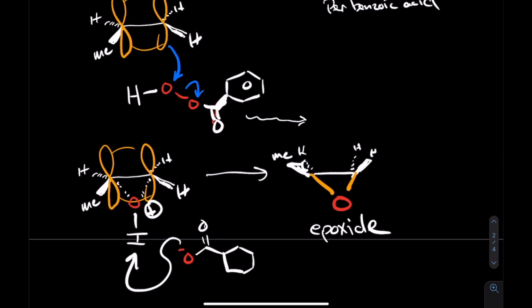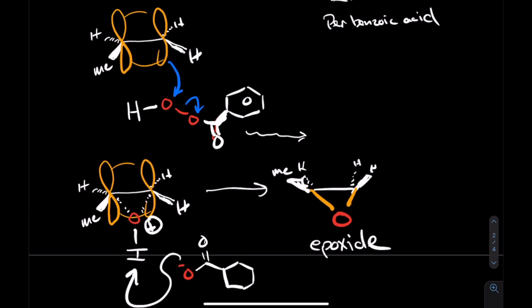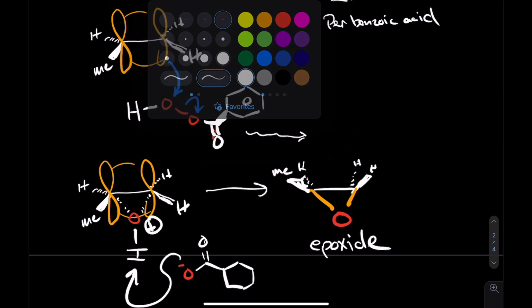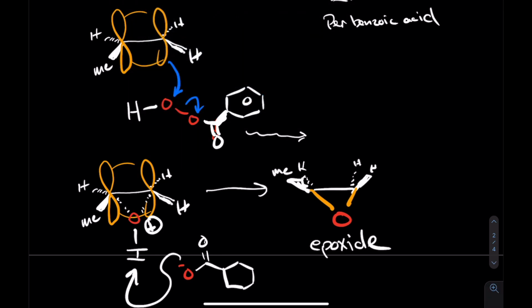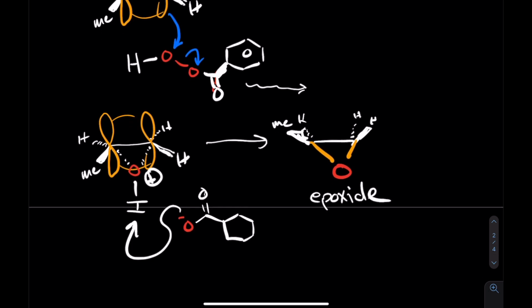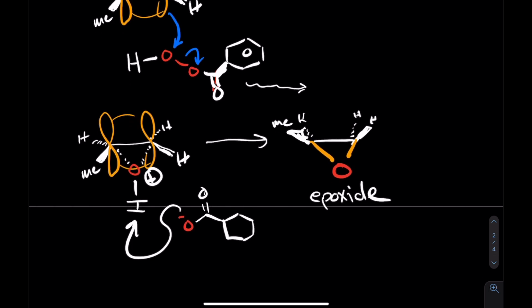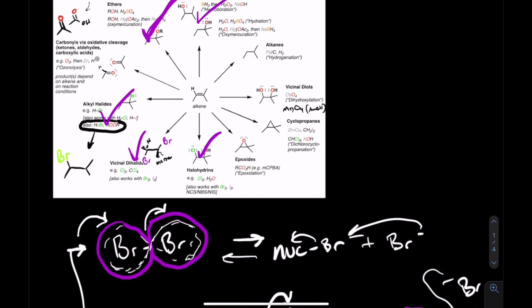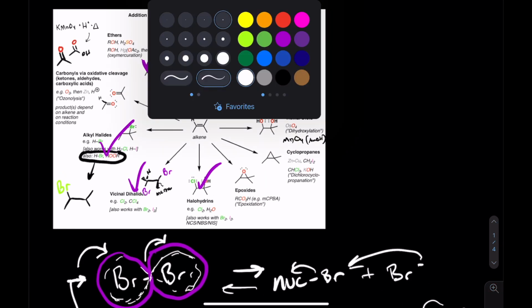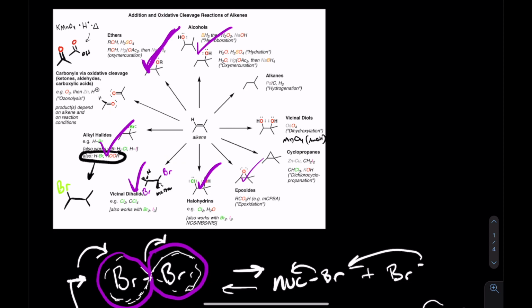Okay? So the mechanism is a little bit funny, all right? And that basically is a combination of the electrons from the pi orbital collapsing on itself, and then the deprotonation of the alcohol. And so you end up with the epoxide. And that is essentially the route that you should look at when you see these things that are coming out at you. Now, that is by far not the only consequence,